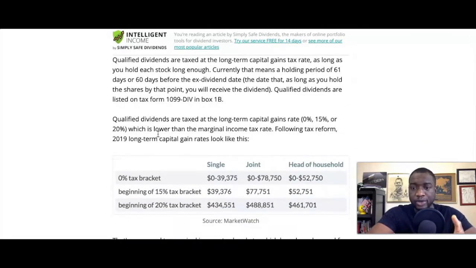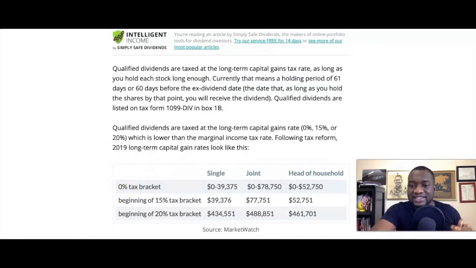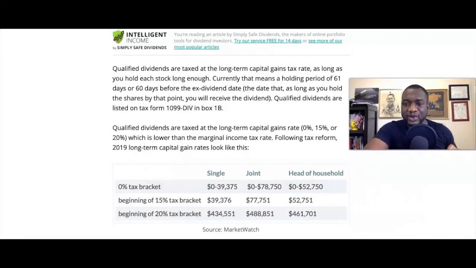But this is the point that I wanna bring to you guys, right? Qualified dividend, how it's taxed. This is the thing, guys. Look right here. You pay 0% tax. In America you pay taxes on everything. You go buy a pair of sneakers, you pay taxes on it. You buy a house, you pay property tax. You go through a toll, you pay taxes on it. We pay tax on a lot of things in America, right? So this is one of the few things in this country that we do not pay tax on, right?